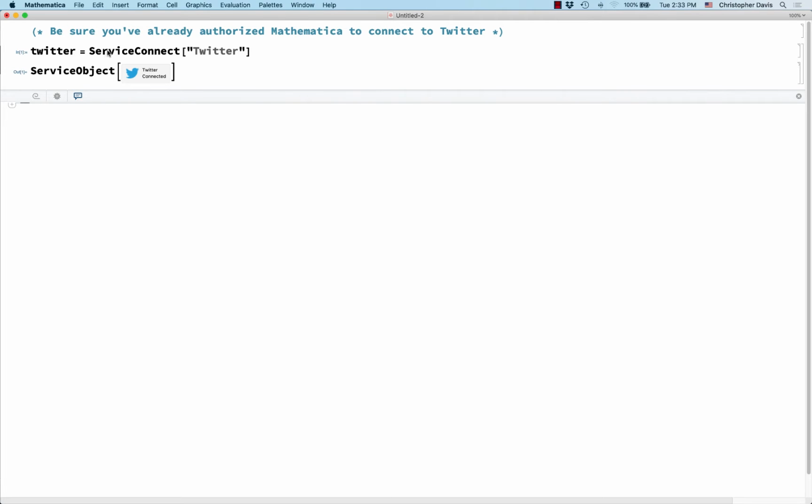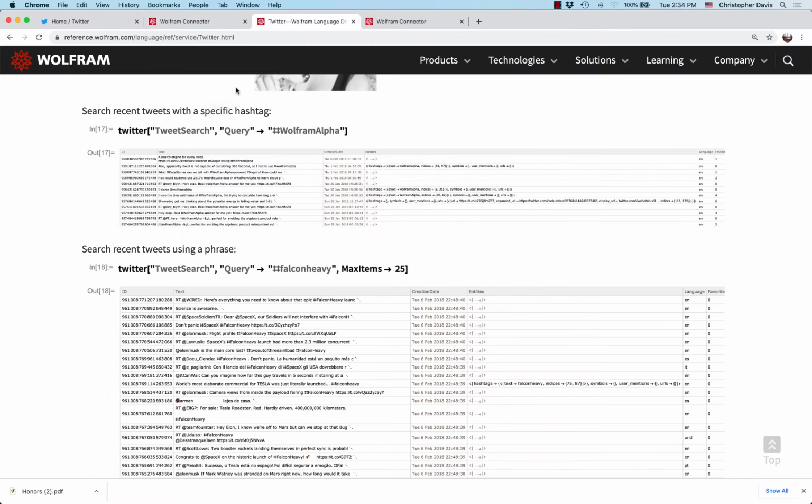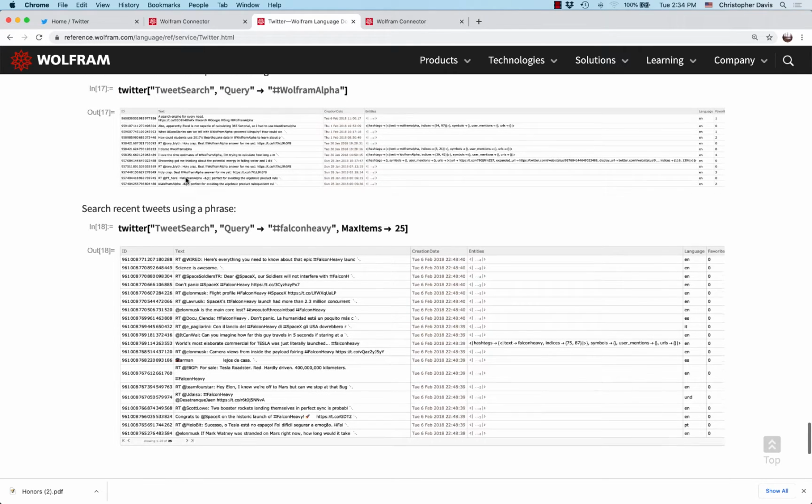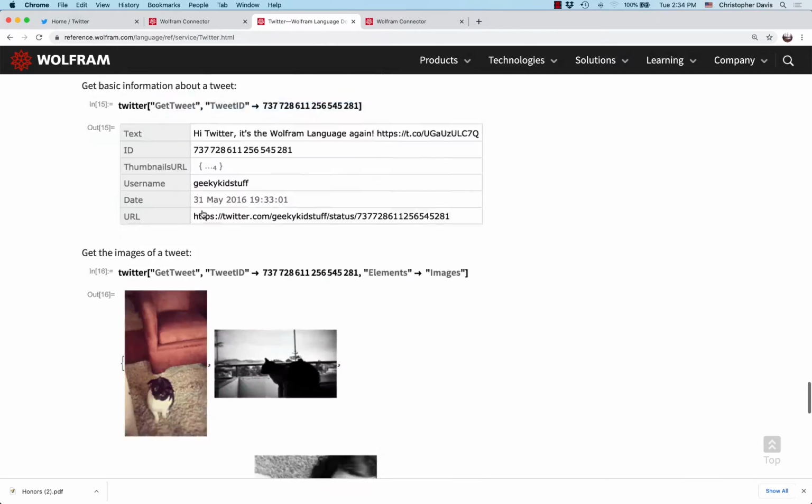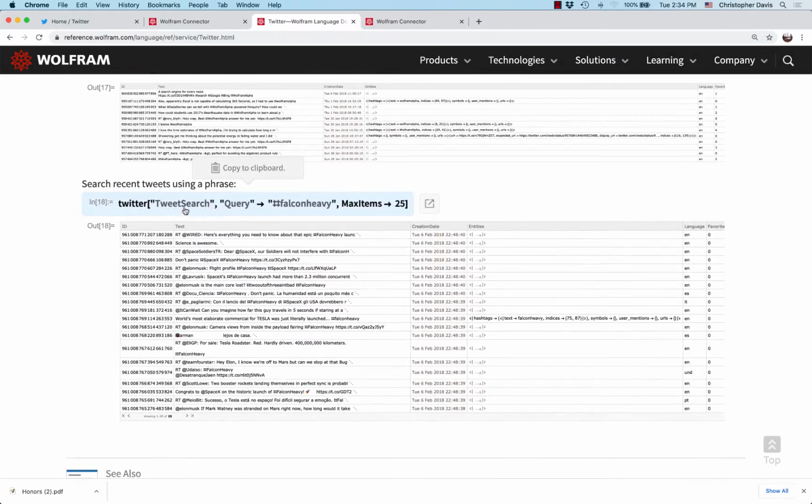In the previous video, I forgot to name the service connection. So here I've done that. I've named it with this variable name Twitter. And then let me just show some examples of using the Wolfram documentation for this Twitter service connection, of some things you can do. So here I'm almost at the very bottom of this documentation,